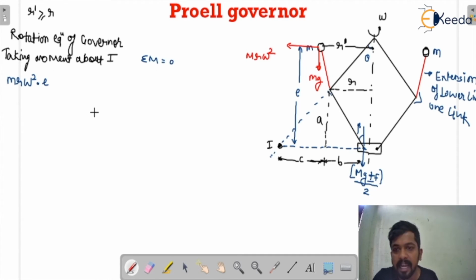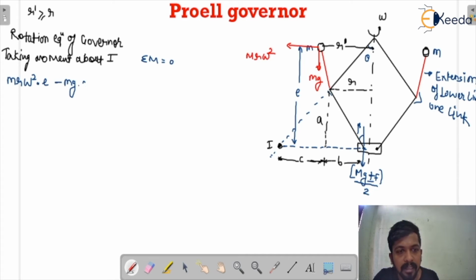This makes anti-clockwise, and I am considering anti-clockwise as positive and clockwise as negative. So mg would make the clockwise couple. Okay, when you take the moment, that is minus